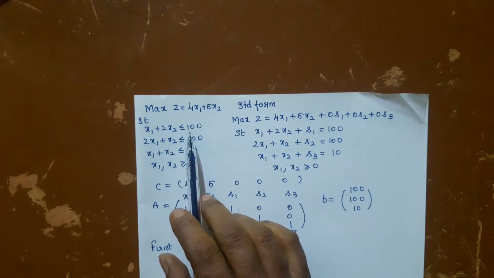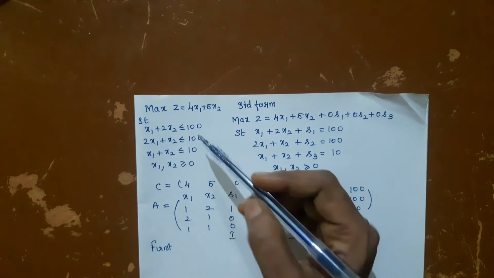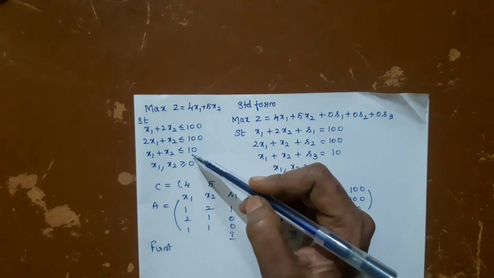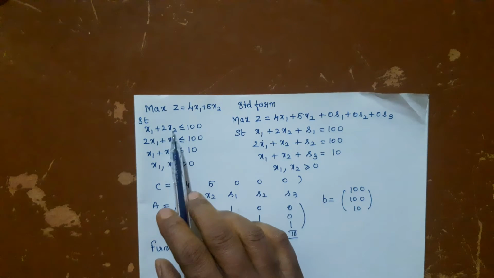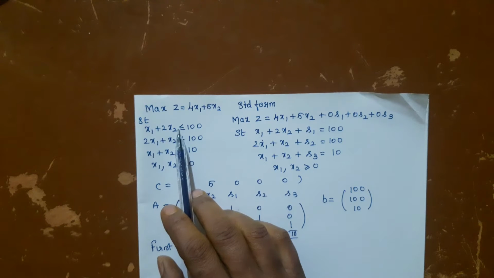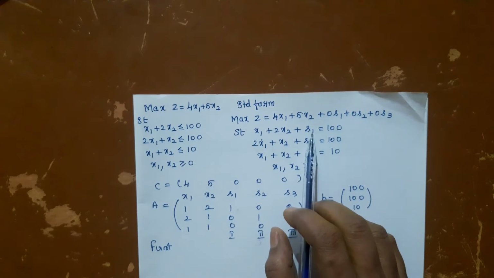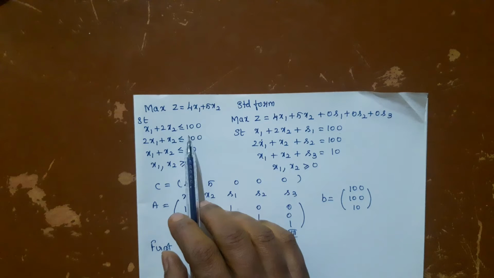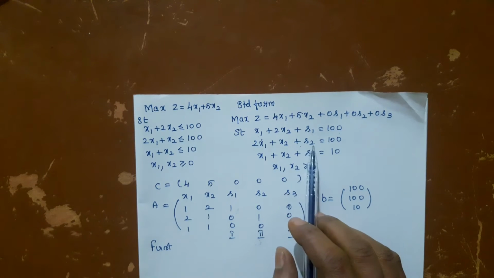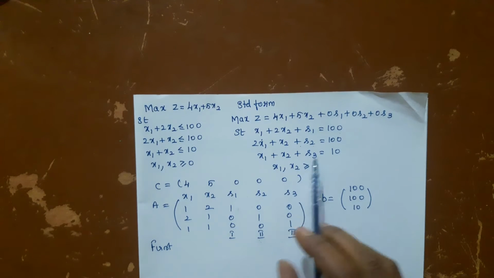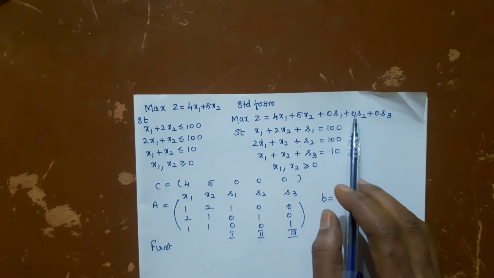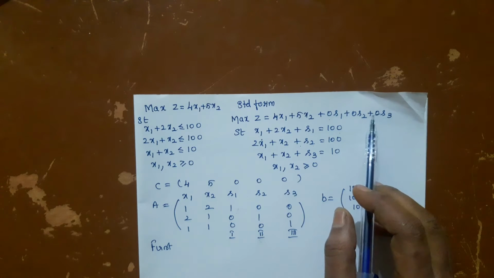Constraints should be equations in the standard form, and before that you should ensure that the requirement vector contains only positive elements. In x1 + 2x2, some quantity should be added to the left so that it becomes an equation. That quantity is an unknown quantity called a slack variable, plus s1 = 100. For the second constraint you add a slack variable s2, and in the third constraint you add a slack variable s3, and these three variables are assigned zero costs in the objective function.